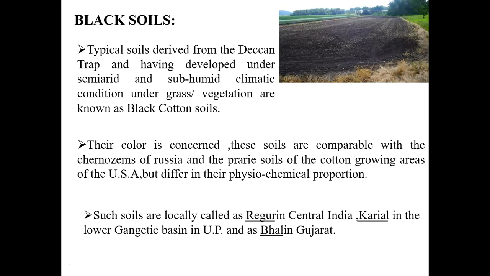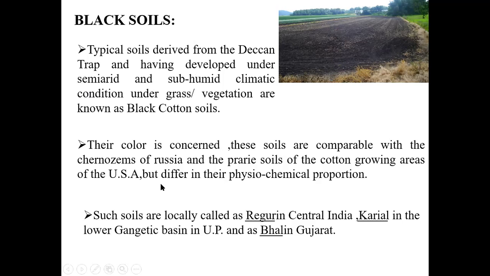Deccan Trap means our southern region, especially this Deccan Plateau area, especially Telangana and some part of Maharashtra, a part of Karnataka borders. All this area you can see this, and also you can see some arid, semi-arid, and subhumid climatic conditions under grassy vegetations. These are called black cotton soils. So mostly, students,